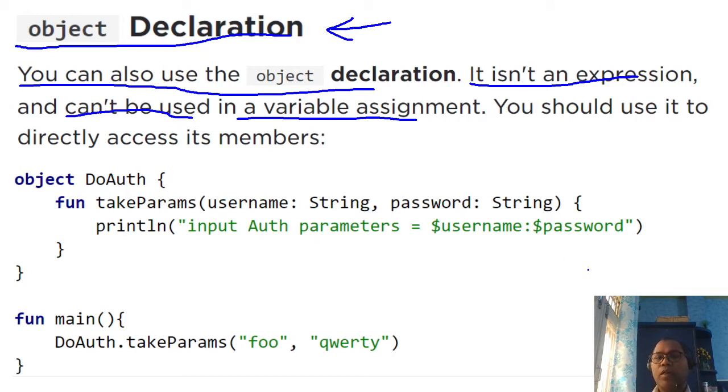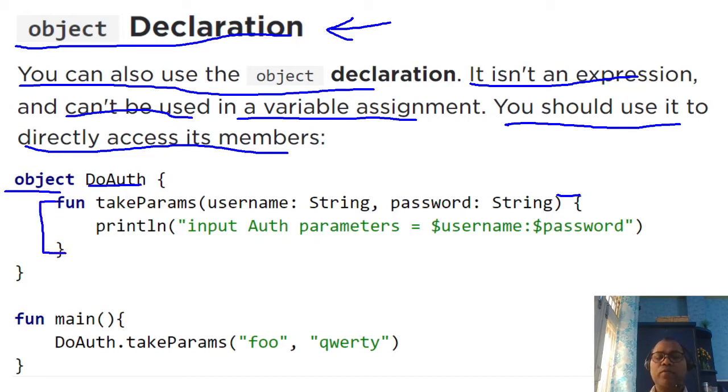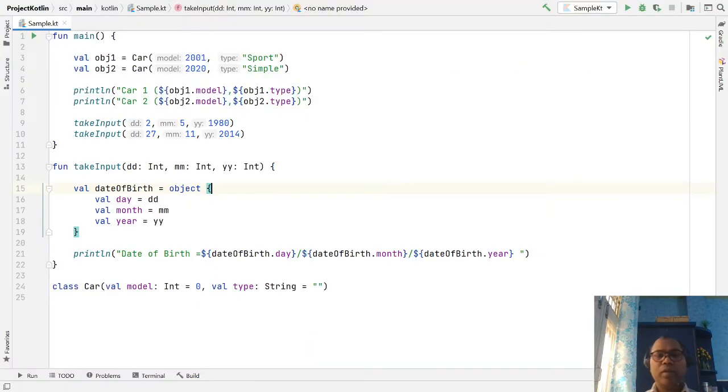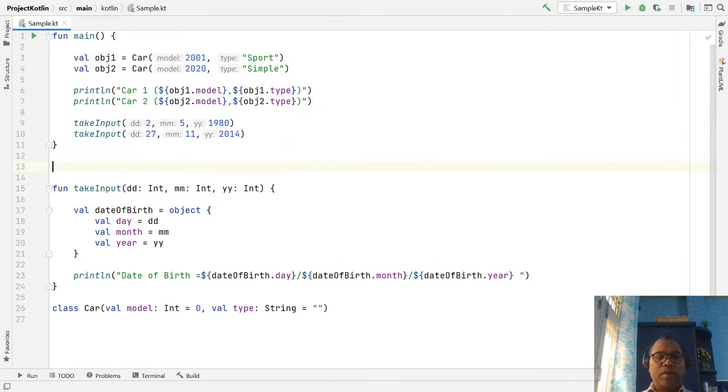In a declaration, you should use it directly as a named variable. Here is an example: I write my object, like an authentication object, and write my set of functions and attributes, and this is the object. So you can directly write the object dot your member function to access it. Here you can see we have an object called auth,